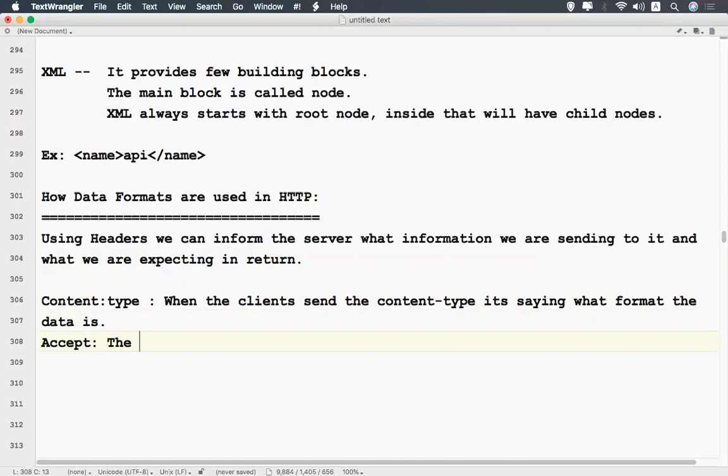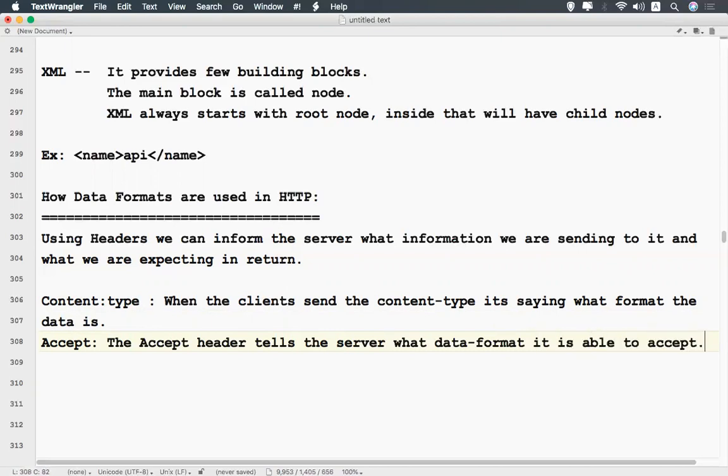So if I can understand the information in the form of JSON, then the server will send the information in the form of JSON. And if you are able to understand XML, then it will send it in the form of XML.